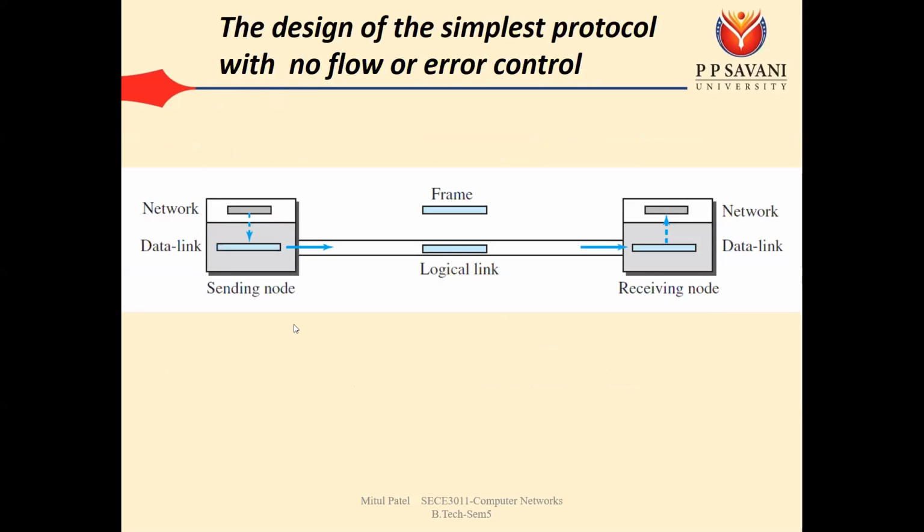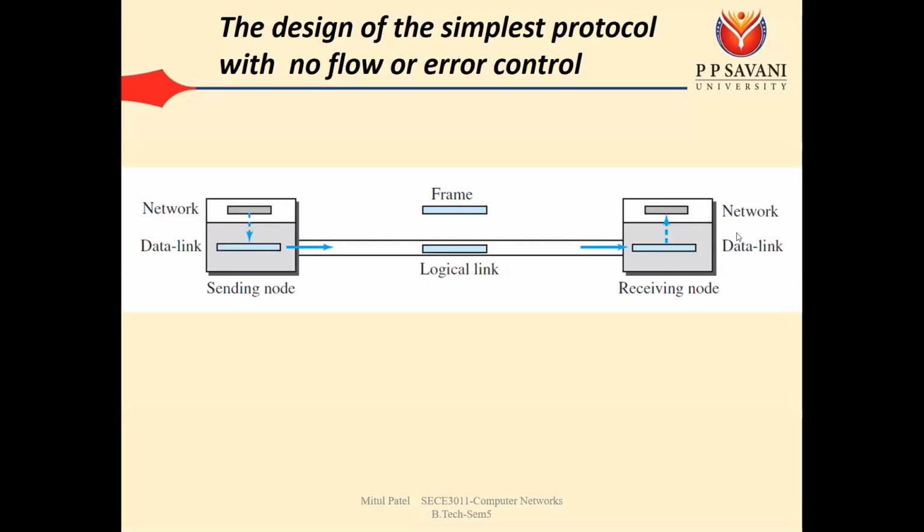Okay, so how is it going to work? So here we require one figure in which at the sending node we have the network layer and data link layer, and the receiving node also has the data link layer and the network layer. Now network layer પછી આપણું જેવું પેકેટ આવે we need to create the frame, and જેવું તમારું પેકેટ આવે data link layer will immediately create the frame, and without worrying whether receiver is ready or not, will send that frame to the receiving node.